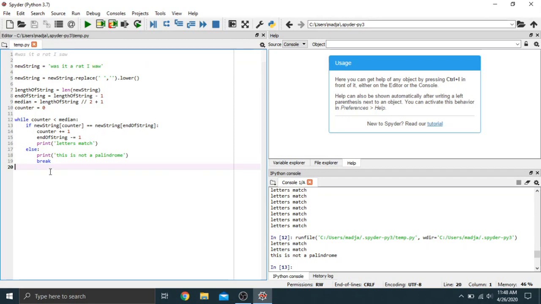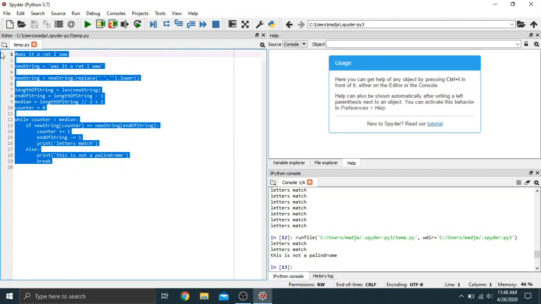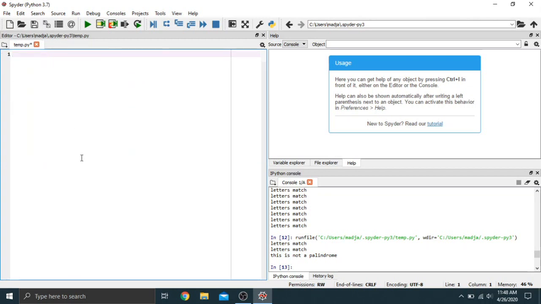Something else I guess I could show you as well. Let me just get rid of this here. You can comment this out if you want. Something else I just want to quickly show you is, for instance, if we have a string, I can do new string again. I'm going to just say, hi, my name is Jamar. And then if you want to get certain characters back, let's just say new string is going to be equal to, and then we want to get certain characters. So we can do new string, and